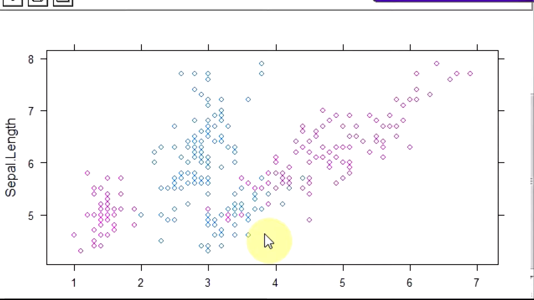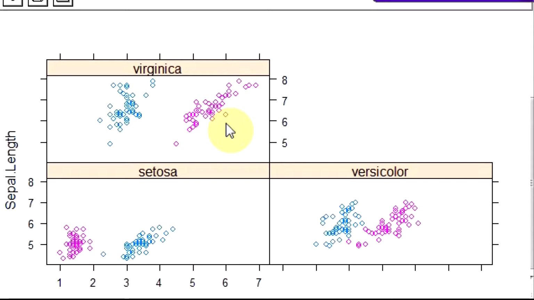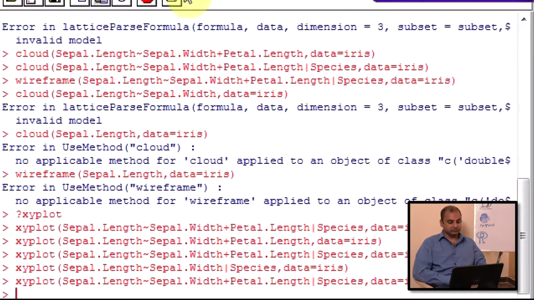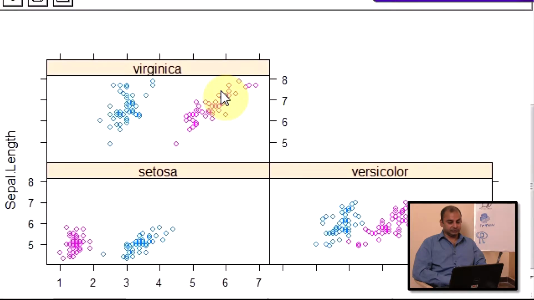Now look at this. The three colors signify the different species. What do the two colors signify? They signify sepal width and petal length. If I did sepal width plus petal length, I got this. So this is sepal width and this is petal length, right?